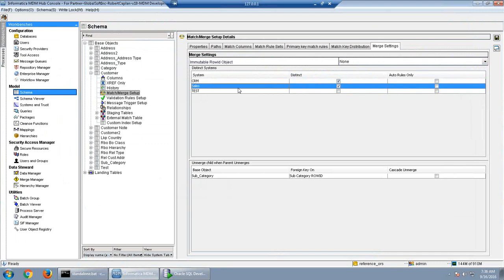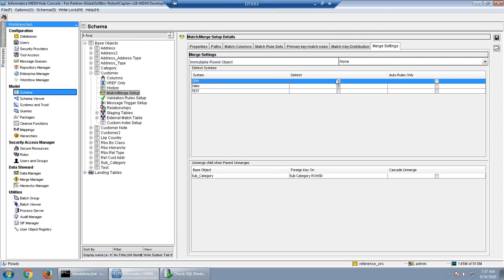Yes, at a later point of time, the source system, for example the CRM system, might give you a duplicate record. But that is not our problem, because the source system has said that they cannot have duplicate values. We tested it and probably we didn't find any duplicate in the initial phase. So at a later point of time, if they are giving me duplicate data, we cannot help it. Means we cannot identify, because I have selected CRM as a distinct system.